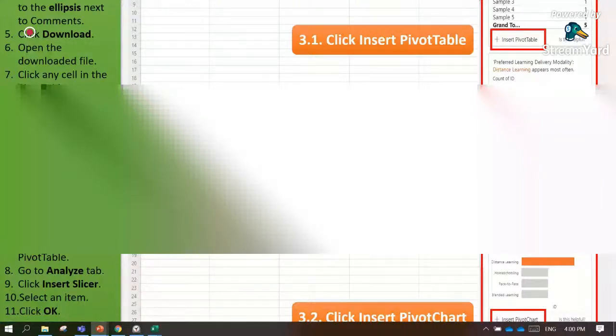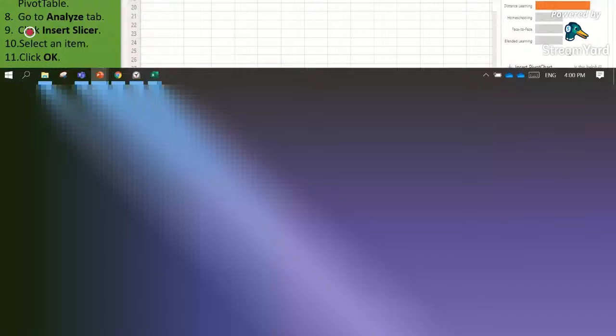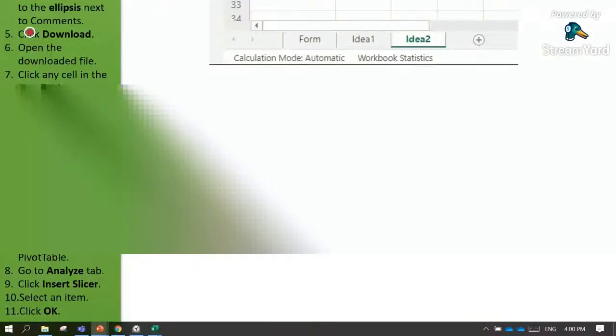So what we are going to do is click Insert PivotTable. You click on that, and automatically the workbook will direct you to another worksheet. They're actually in the same workbook, but of different worksheets.